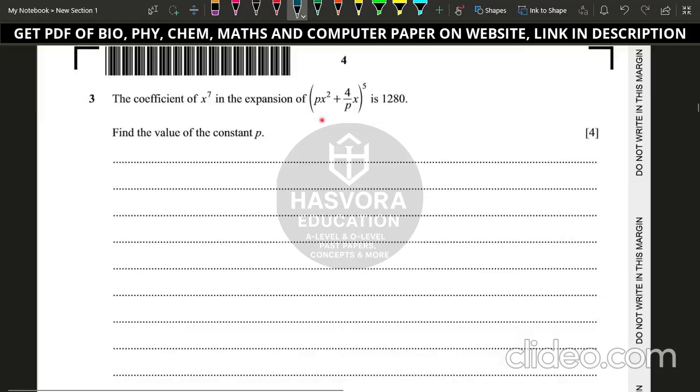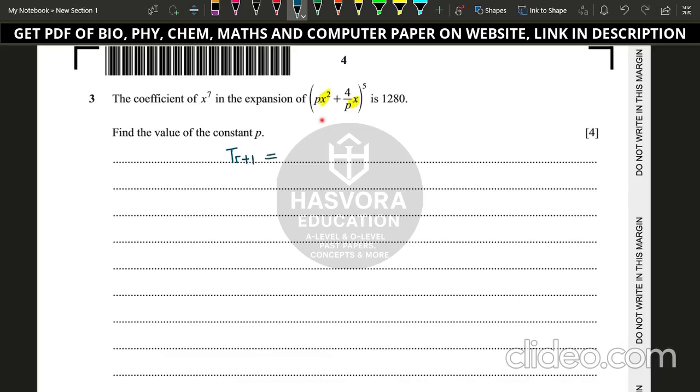Question number 3, which says the coefficient of x to the power of 7 in the expansion of (px² + 4/px) to the power of 5 is 1280. Find the value of constant p. Now you can see that the x terms are involved in both of the terms, so we cannot just do that directly. So what I'll be doing is using the equation of the general term T(r+1),